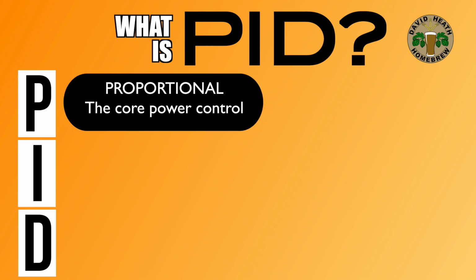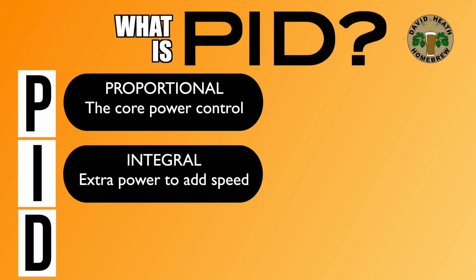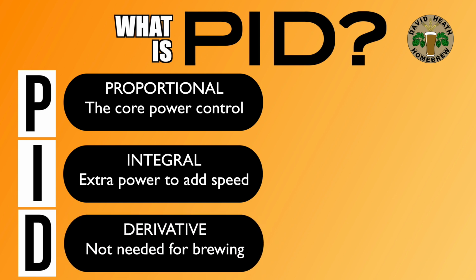The P coefficient, or the proportional coefficient, is your main setting, and in some applications is the only one of the three that's actually needed. This can also work for brewing and controls the amount of heating power, so by reducing it down you will heat with less power and effectively reduce overshoot at the sacrifice of speed. The I coefficient, or the integral coefficient, adds in extra power to compensate for time difference between your actual temperature and your target. For this guide we'll not be using the D coefficient, also known as the derivative, as this